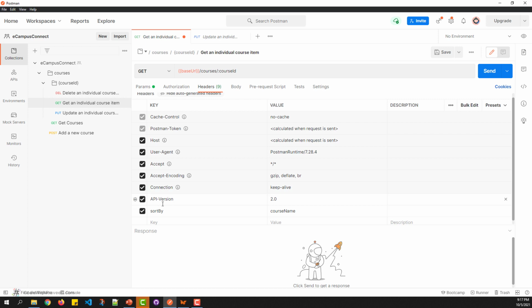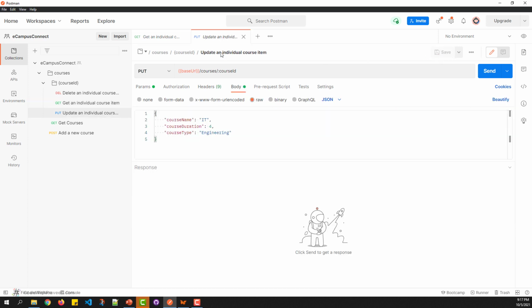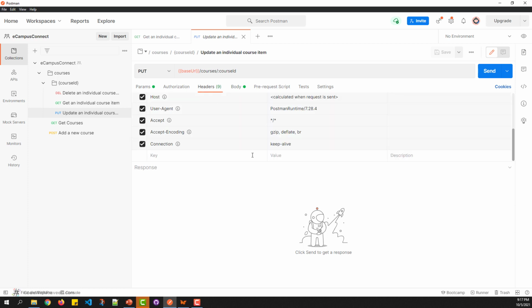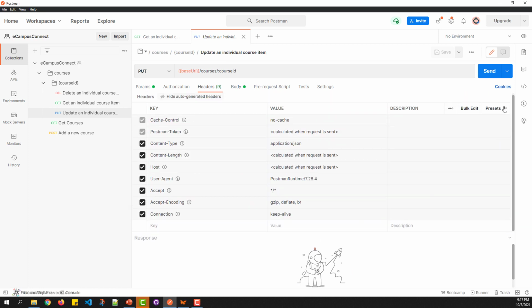We have got the API version and the sort by headers added automatically. Similarly, once you save this and go to another request, go to the header section, click on the presets, you can see the same set of header presets that has been configured before. Once you select this, it's going to add them one after the other over here.